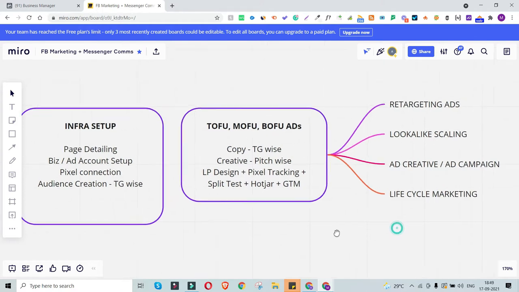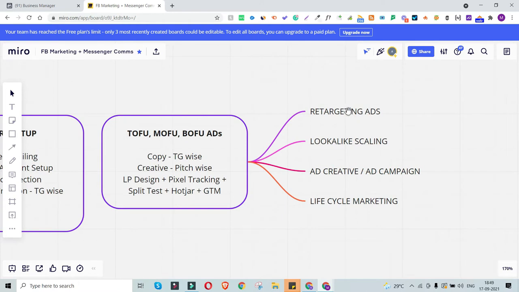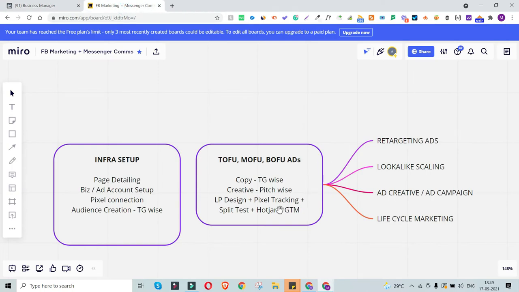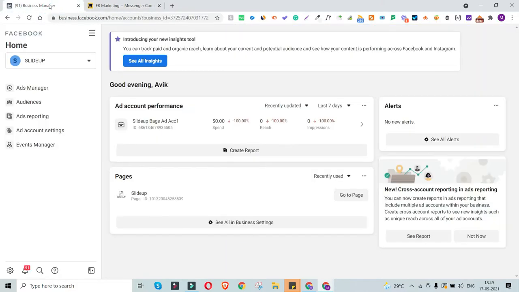To get started, we are going to start with the remarketing or retargeting ads. So let's get started straight away. At this moment we have the copy, we have the target audience researched, defined and set in our audience setup in our Facebook ad account. We also have the pixel tracking, the landing page, and the article setup all in place. Right now we're going to start with the execution, the step-by-step setup of our retargeting ads as the first type of ad campaign. So I'll move ahead and get into my Facebook Business Manager.